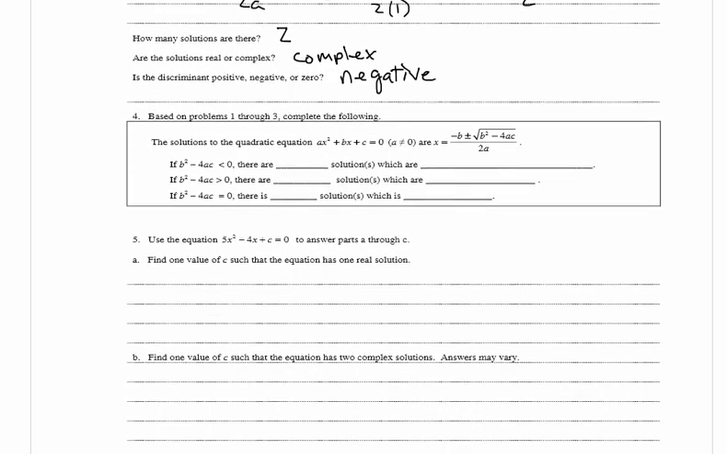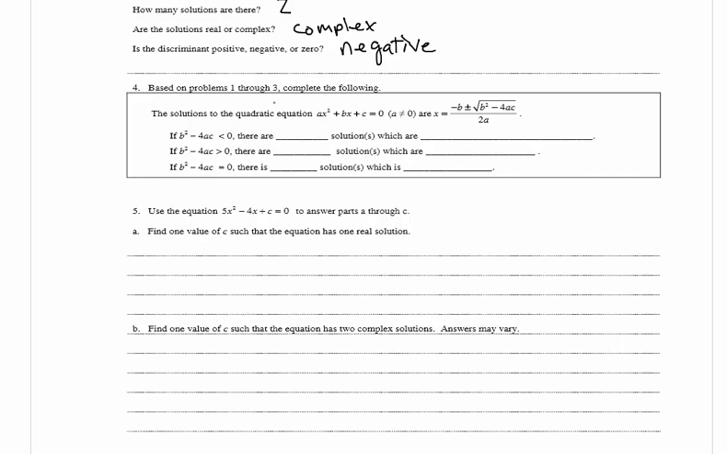In 4, it says, based on problems 1 through 3, complete the following. The solutions to the quadratic equation ax squared plus bx plus c is equal to 0, so long as a is not equal to 0, are x is equal to negative b plus or minus the square root of b squared minus 4ac, all divided by 2a. And then it says, if b squared minus 4ac is less than 0, there are two solutions which are complex,